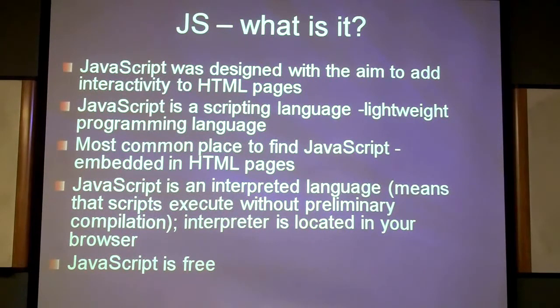The most common place to find JavaScript is embedded in HTML pages. It means that if you open an HTML page, you will find JavaScript sitting there. When you navigate to a site which has JavaScript on its page, you download that page locally, right? That page comes to your machine and then you view it. So together with the HTML code, you're also downloading JavaScript code. It means that JavaScript comes with the HTML page and is executed on your very browser, not on a server.